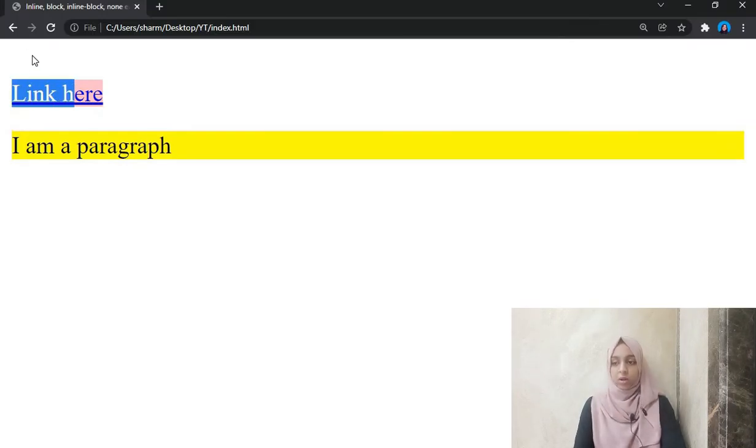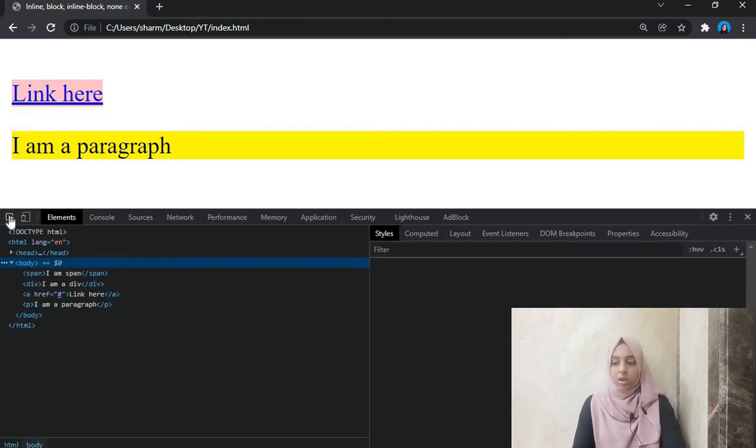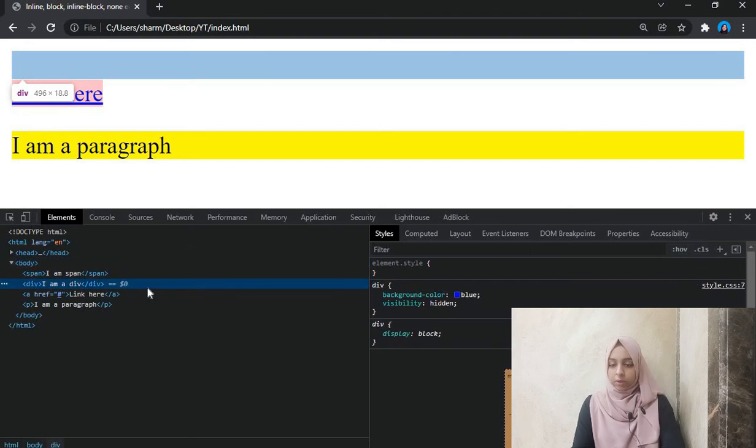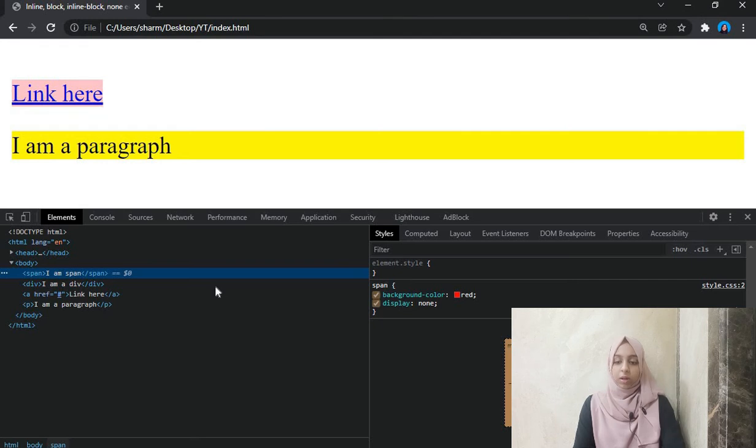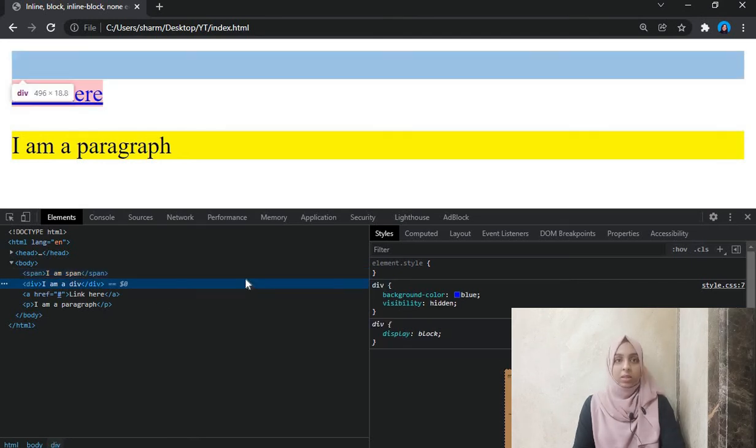Can you see over here? This space is still there. You can see the space over here. It shouldn't be there, right? But it is still there because it is given a visibility of hidden. We have the div element over here. You cannot see it because, can you see the blue highlight over there? That is because its visibility is hidden.